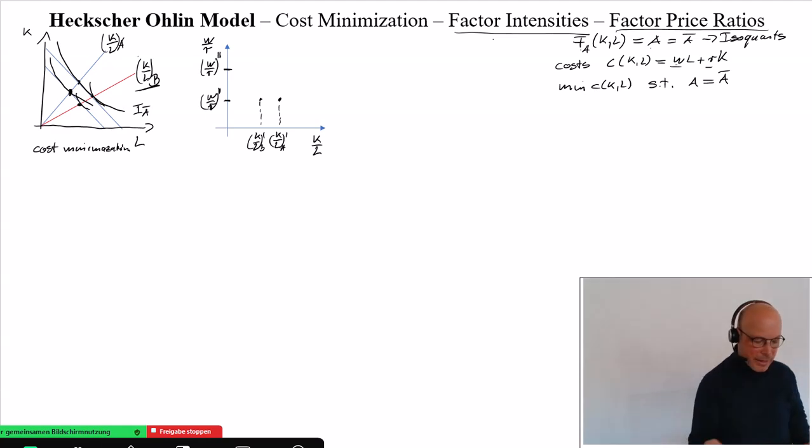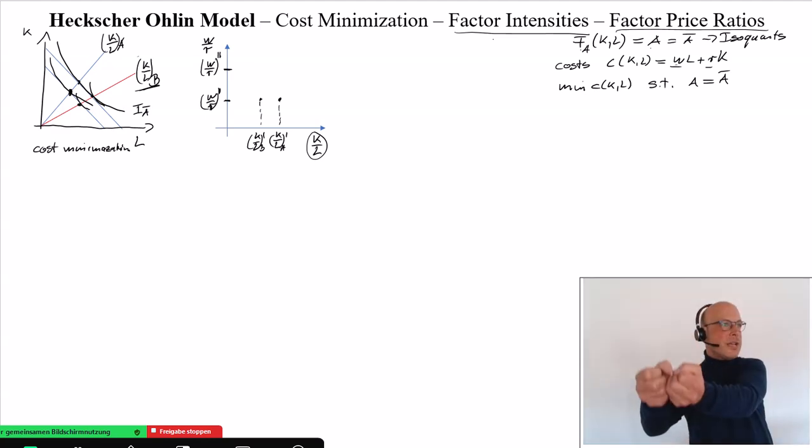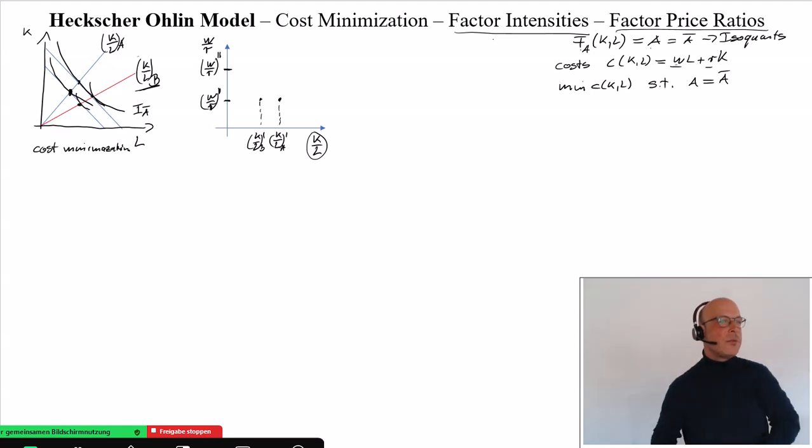If we take this ratio here, and assume that the wages are increasing, what does it mean for the new optimal ratio of capital over labor? Is it increasing or decreasing? Labor becomes more expensive. It is increasing because we are shifting from labor to capital, because capital is now relatively